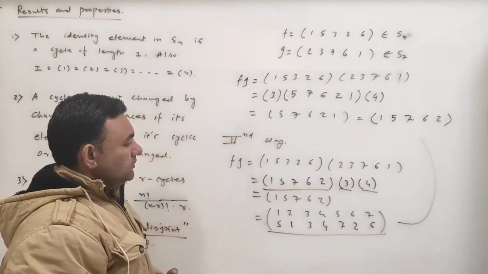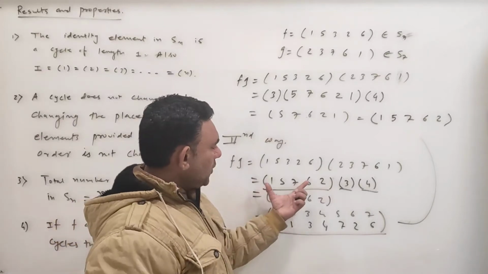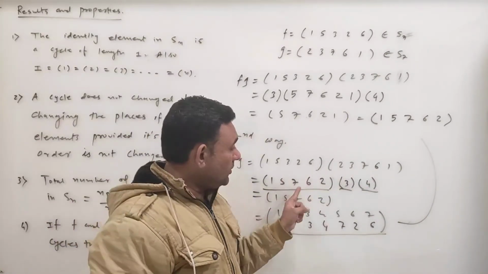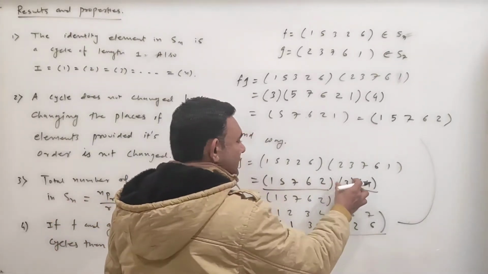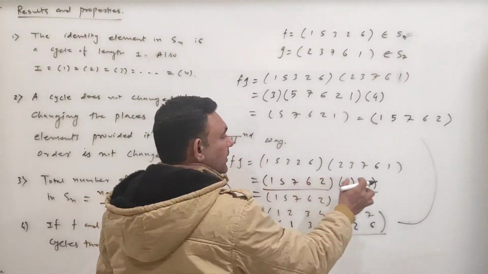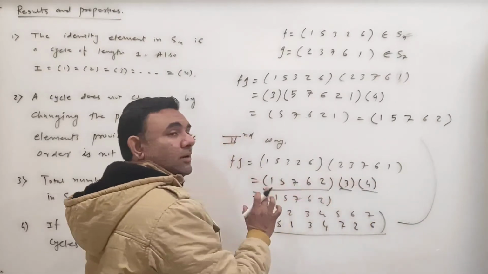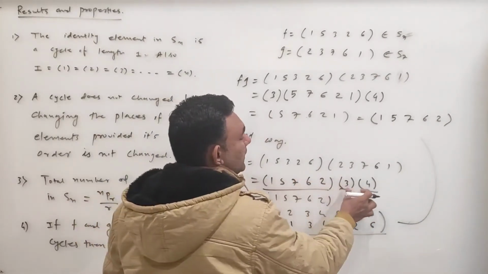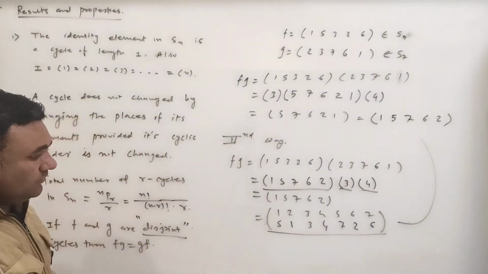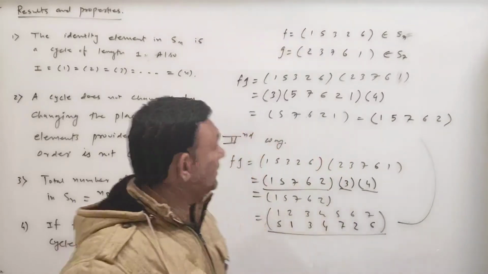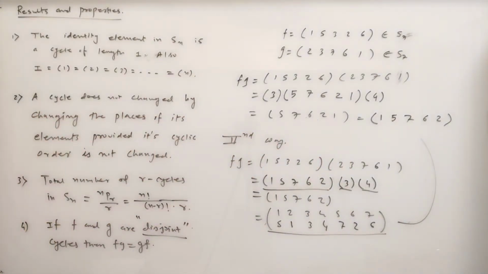So this is what? It's the product of cycles. It is a product of cycles, and whatever the object is here, it is missing here, and here. Whatever the objects are here, they are not here and here. So they are a product of disjoint cycles. We'll see that result, and that is a very important result. But before that, this is what: two disjoint cycles commute.